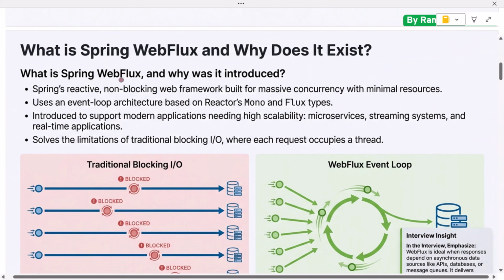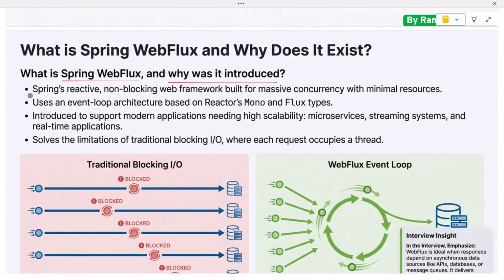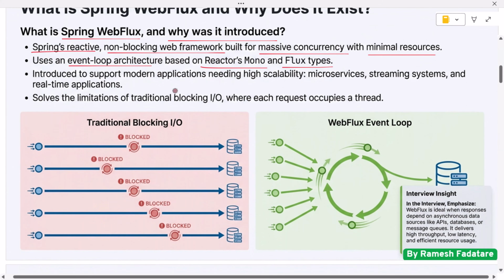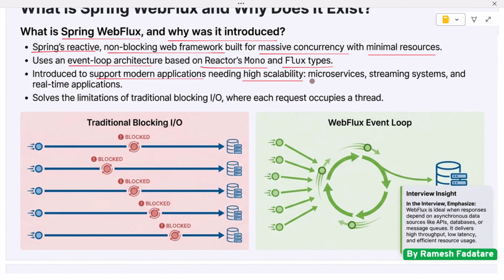Let's begin. What is Spring WebFlux and why was it introduced? Spring WebFlux is Spring's reactive and non-blocking web framework built to handle massive concurrency with minimal resources. Unlike Spring MVC, which follows a thread per request model, WebFlux uses an event loop architecture based on Reactor's Mono and Flux types. It was introduced to support modern applications that need high scalability, such as microservices, streaming systems, and